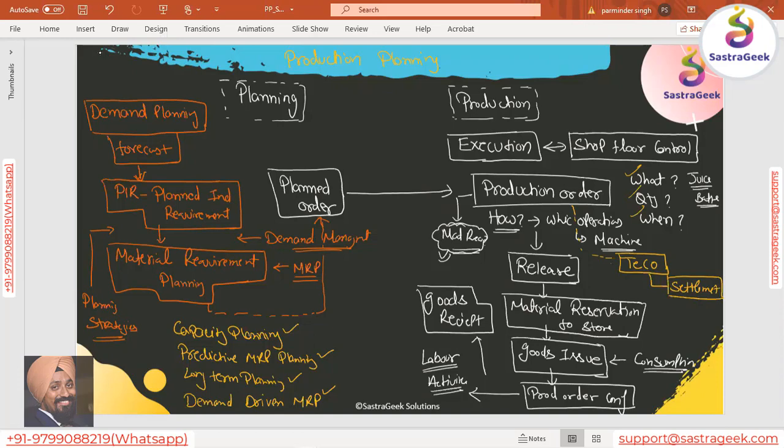So as Manish highlighted, there are two things, right? We plan the machines, we plan the labor, we plan the material. So capacity planning can handle your labor planning, capacity planning can handle your machine planning, and the MRP, predictive MRP, long-term planning, demand-driven MRP would be handling your materials planning. So that is the basic difference between what is there in the planning